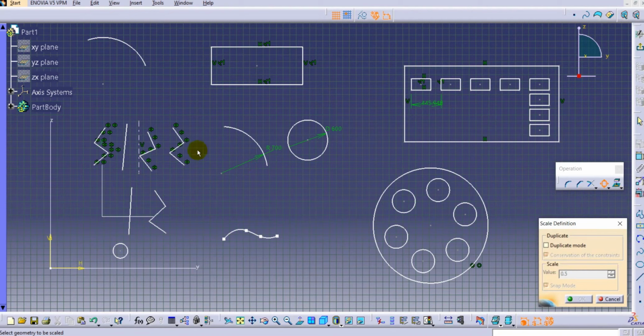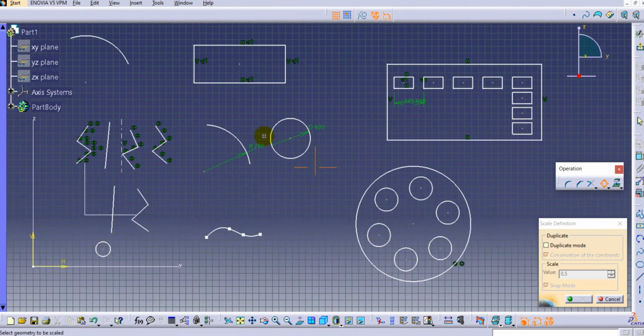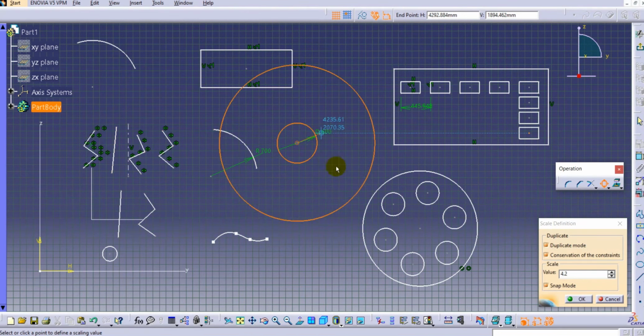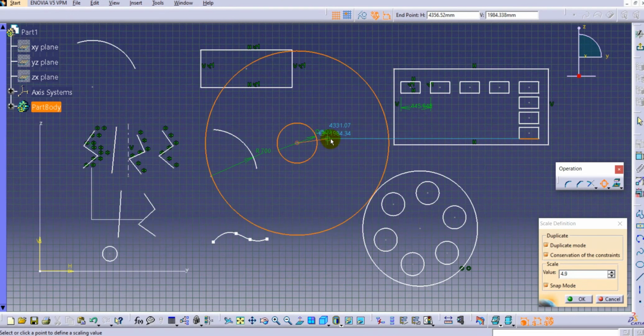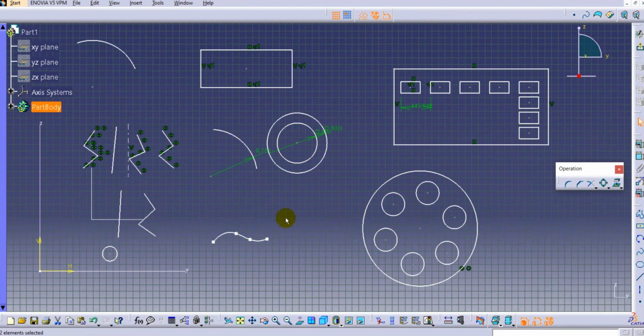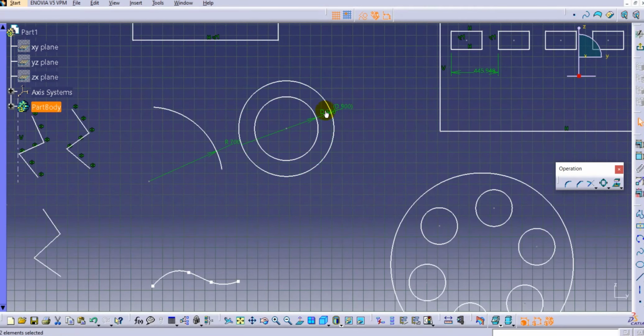The next option is the scaling. Scale just scales the element. Let's say you want to scale this circle here, which is of 600 diameter. Just select the circle, and let's say we have to duplicate this one. So select the duplicate mode and select the start point, and you can create a scaling. You can scale it on the positive side or on the negative side. Let's say you want to scale it by 50%, so just select 50%, and you can see here the diameter of the inner circle is 600 and the diameter of the outer circle is 900. So it is scaled by 50%.